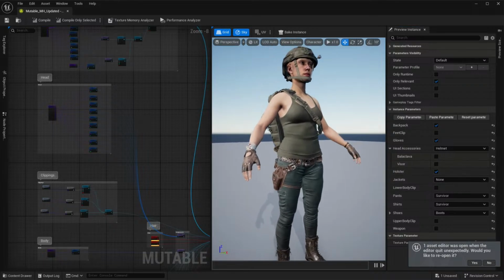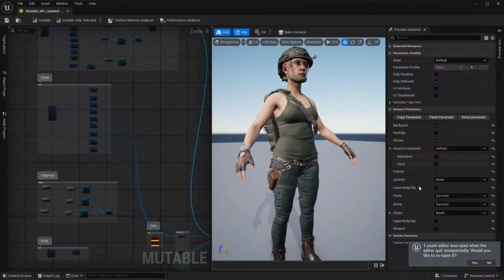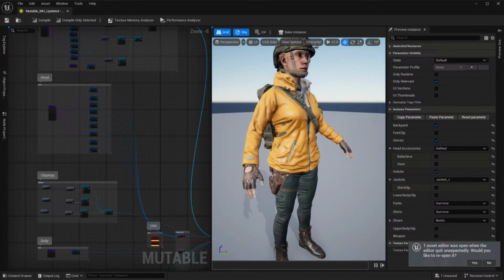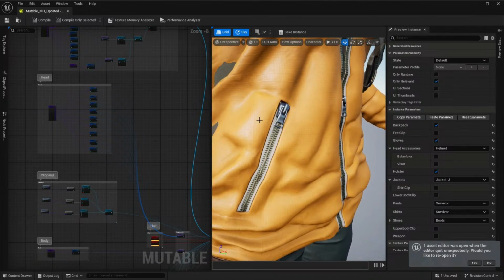Now, the other thing that this does that's really nice is it also has the ability to clip and remove polygons in areas. So you can do simple cuts and things like that. When, say, I put a jacket on this girl, let me see if I can find my jacket. Let's put the jacket on. So we'll put a jacket on her, and you can see when that jacket's turned on, there's still the shirt kind of clipping through here.